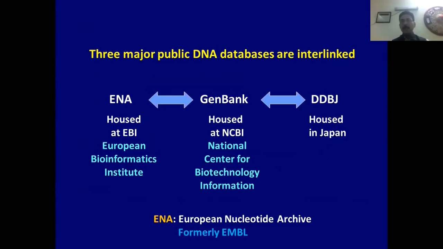Interestingly, all these three resources are created in three different continents of the world. One being at the central place, the GenBank, which is housed at the National Center for Biotechnology Information in the US, and the other one, European Nucleotide Archive, formerly known as EMBL, European Molecular Biology Laboratory database. This is housed in the European Bioinformatics Institute, in England. The third one, most prominent, is DDBJ, DNA Data Bank of Japan, and it is housed in Japan, an Asian